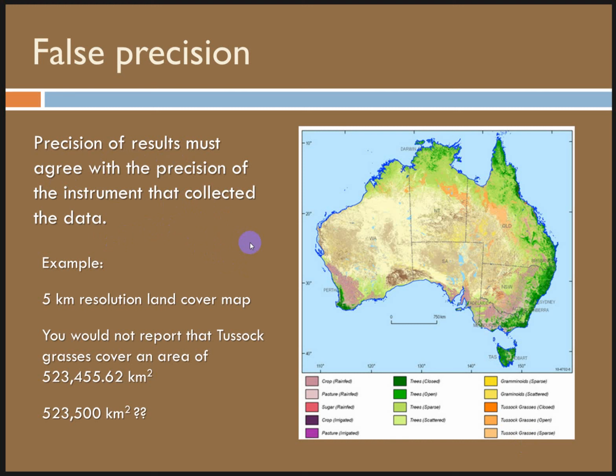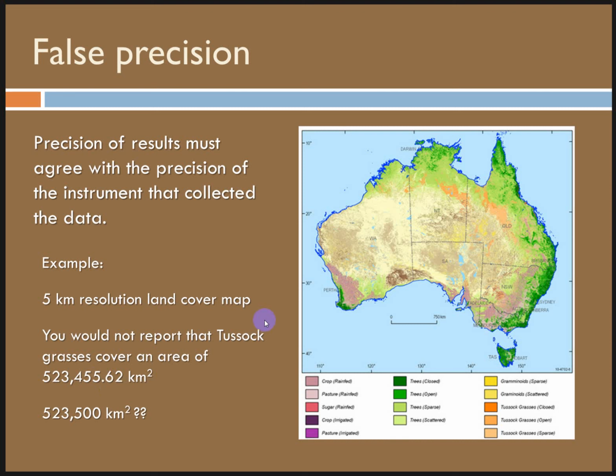When you're giving me a line measurement or something like that that's precise to the millimeter, I can hardly think of any situations where we're going to have data that precise. Another example would be taking a land cover map that has a 5-kilometer resolution, 5-kilometer cell size. You wouldn't report, for example, that tussock grasses cover an area of like this, where we've got this kind of